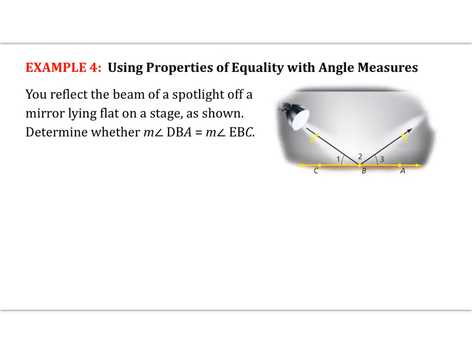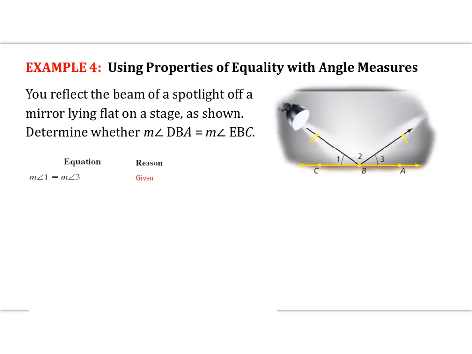All right, we've got this image. You reflect the beam of a spotlight off a mirror lying flat on a stage as shown. Determine whether a measure of angle DBA, so that's 2 and 3 added together, equals measure of angle EBC, which is angle 1 and angle 2 added together. So we'll start by setting up our 2-column proof, equations on the left side, reasons on the right side,